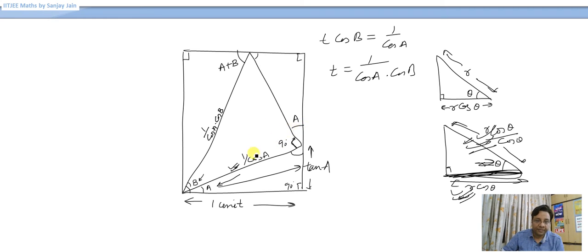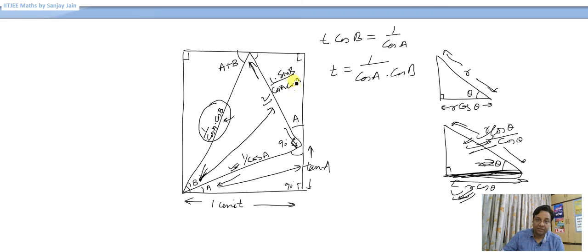Now this angle is angle B and this side is opposite this angle B. Alright. So this hypotenuse I already know. So I'll multiply this length of hypotenuse with sine of B to obtain this side. So this side here will be this length into sine of B. Otherwise you should be able to write it directly also. So this will be into sine of B.